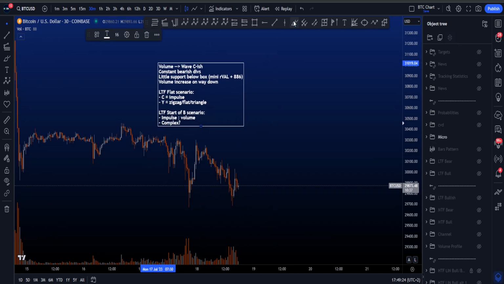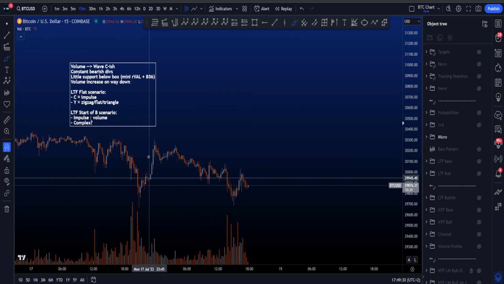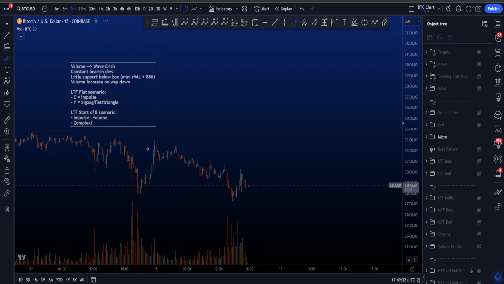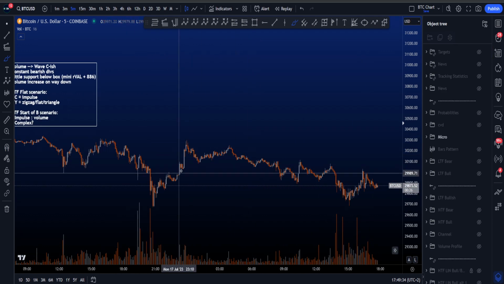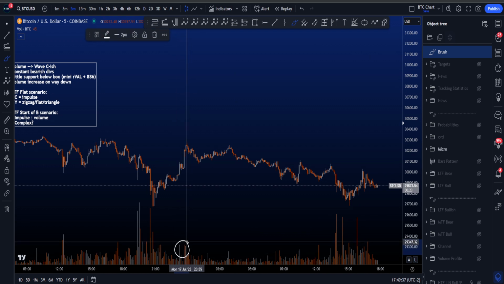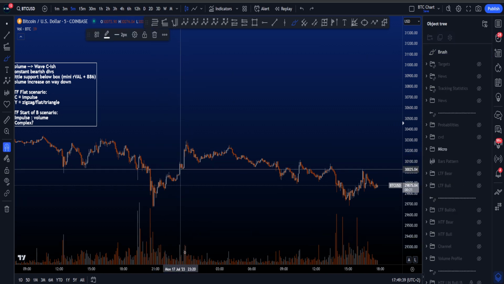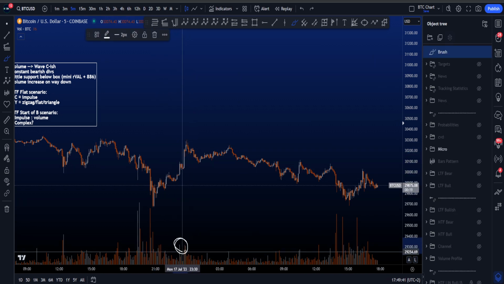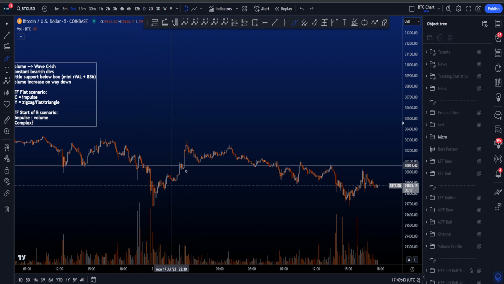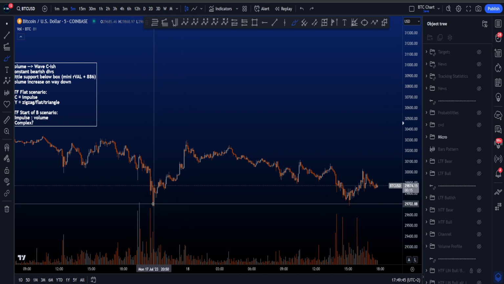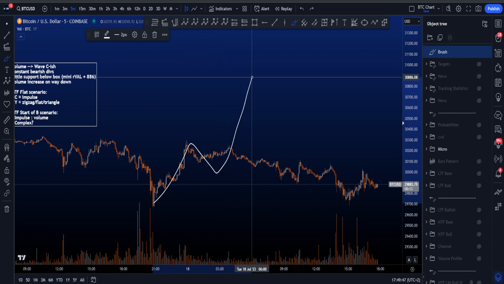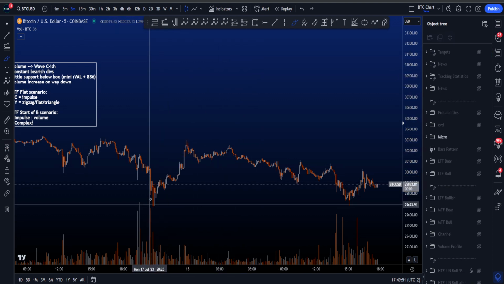First of all, let's look at the volume from this low to the upside. From this low to the upside, the volume on the lower time frames is in the high. If we go to the 5-minute and zoom in, you can see, and this is important, that the highest amount of volume of this move to the upside comes in at the high over here. Now, if you look for an impulsive structure in a 5-3 and then a continuation in either a C or a wave 3, so a 1, 2, 3 or an ABC,